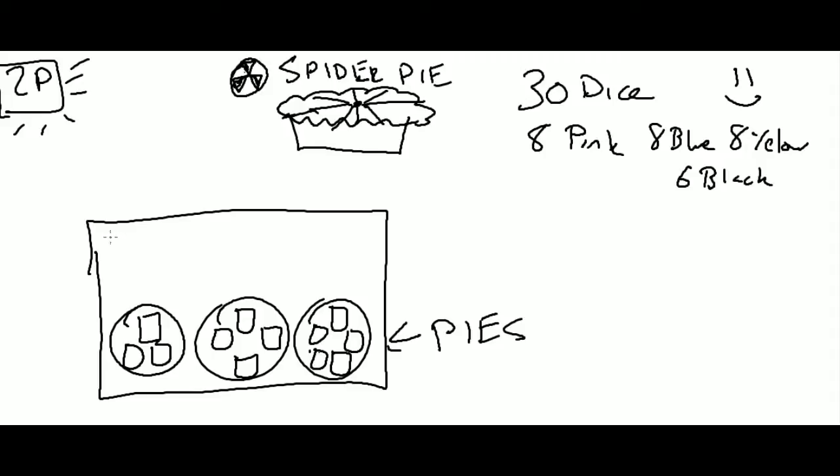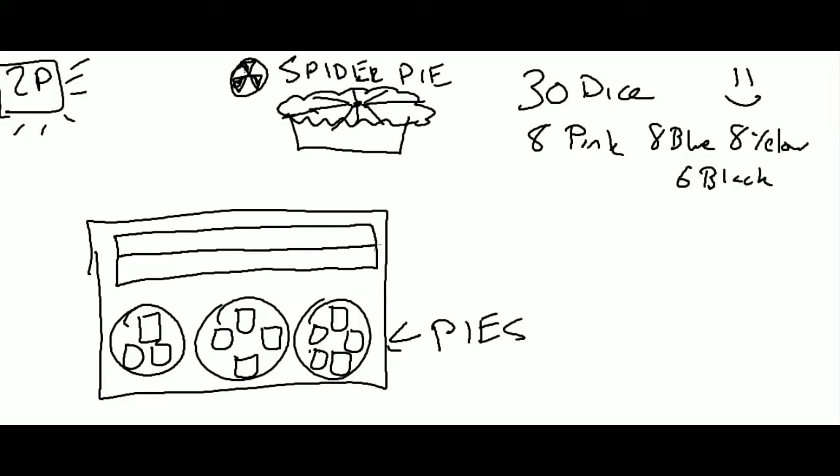Which brings us to the top half of the card, where you're actually entering point values for your pies. Think of a game like Yahtzee, where you roll your dice, and then you roll your dice again, and then you roll a couple dice again, and you have to decide which slot to put your numbers into. So maybe there are different slots that some pies can fill and other pies can fill better. So you might want to hold out for the amazing spider pie plus